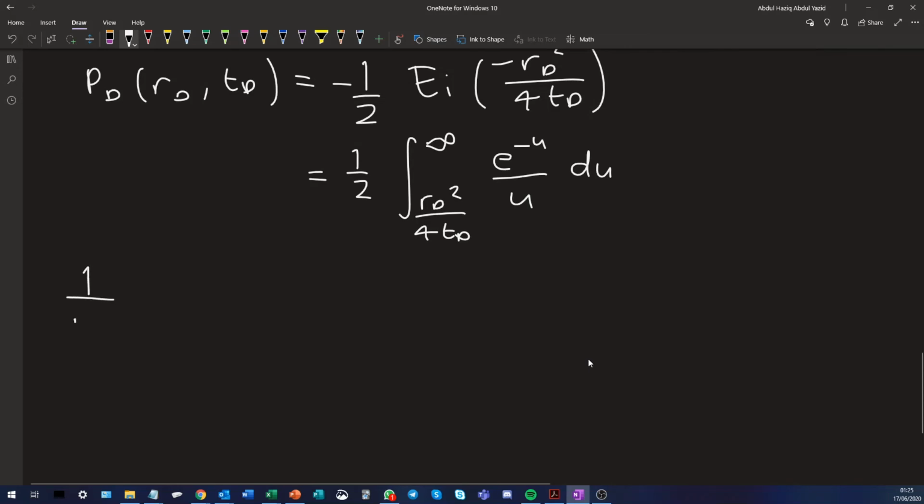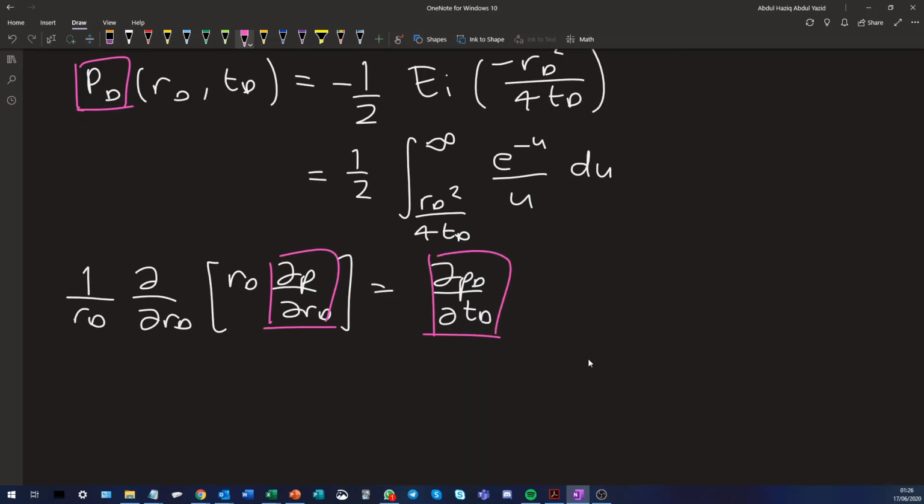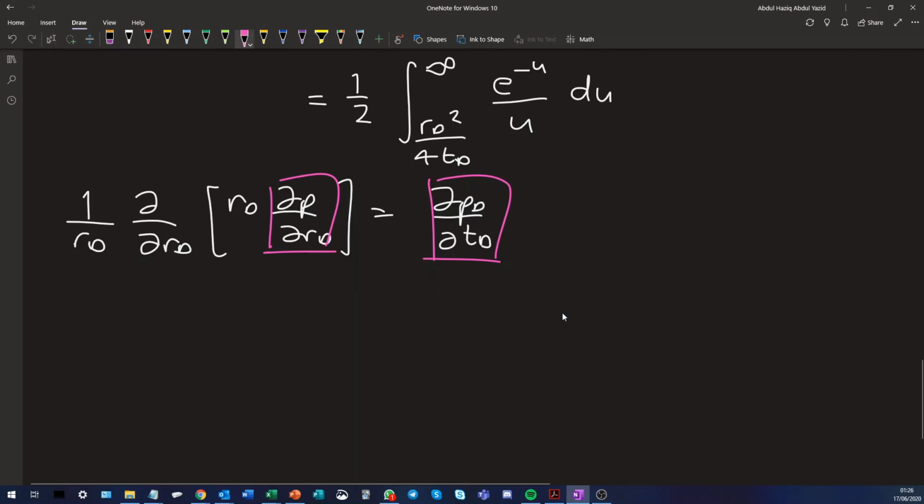So again, I'm going to rewrite the definition of the diffusivity equation. So dou p over dou r sub d is equal to dou p sub d over dou t sub d. So we have a dimensionless pressure term here, and we have some dimensionless pressure derivatives over here, one in terms of dimensionless radius and one in terms of dimensionless time. Okay, so let's actually get to it. We'll start with the left hand side first. So starting with the left hand side,